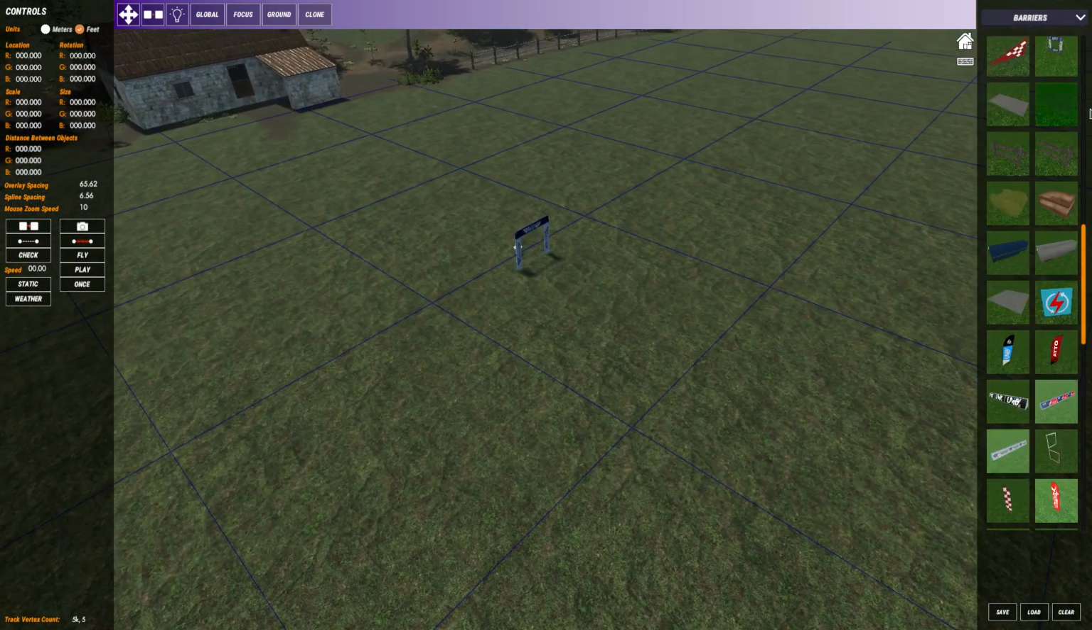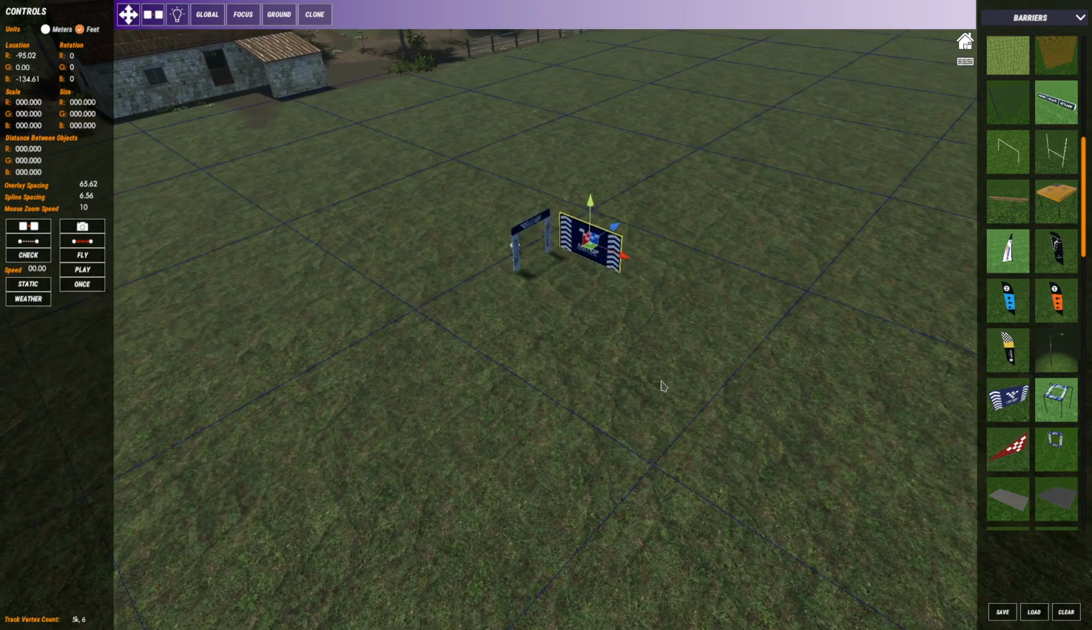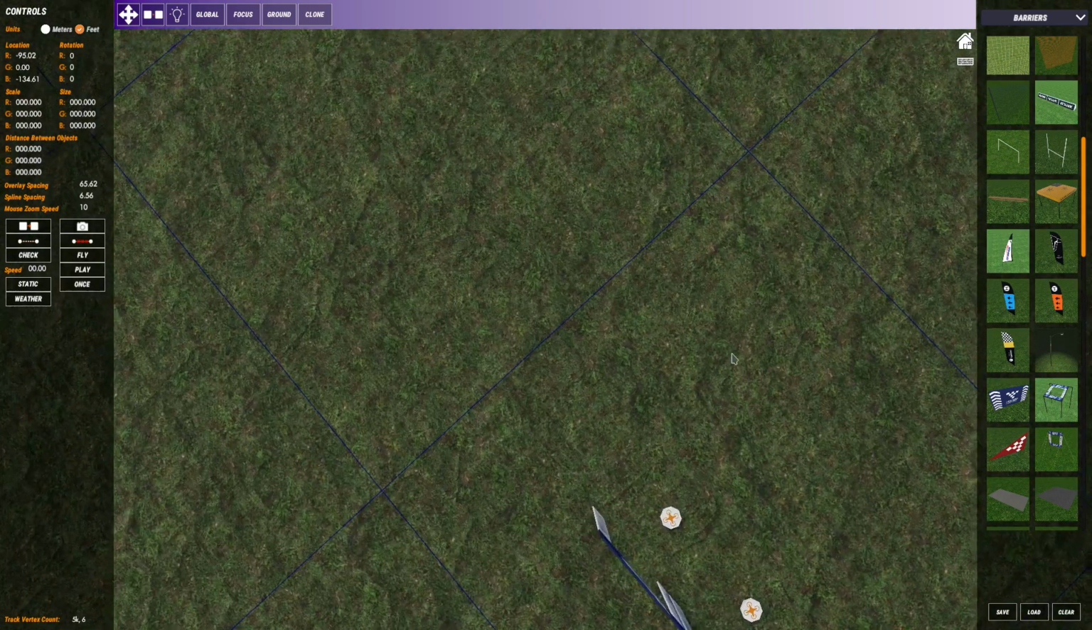You go to barriers, there's a multi-GP one right here. And this isn't really a gate, so we don't have to worry about the direction of it or anything. I'm just gonna line this up. So I'm going to